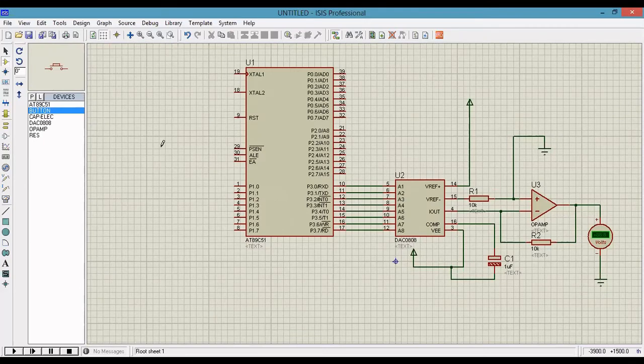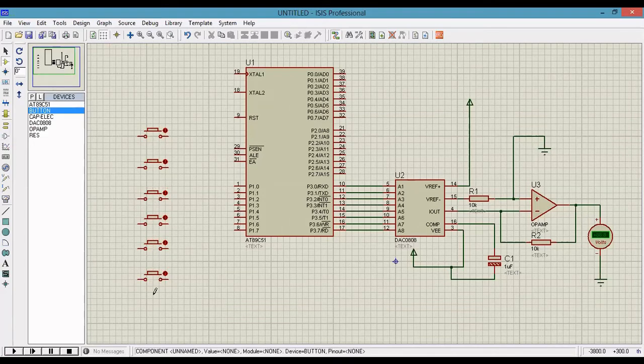So I'm going to use an 8-bit digital to analog converter, so I need 8 switches. One side I am going to connect to the ground.